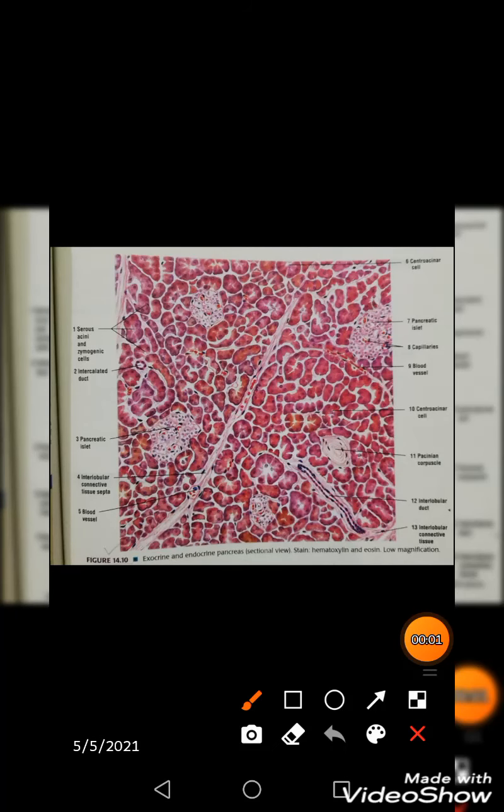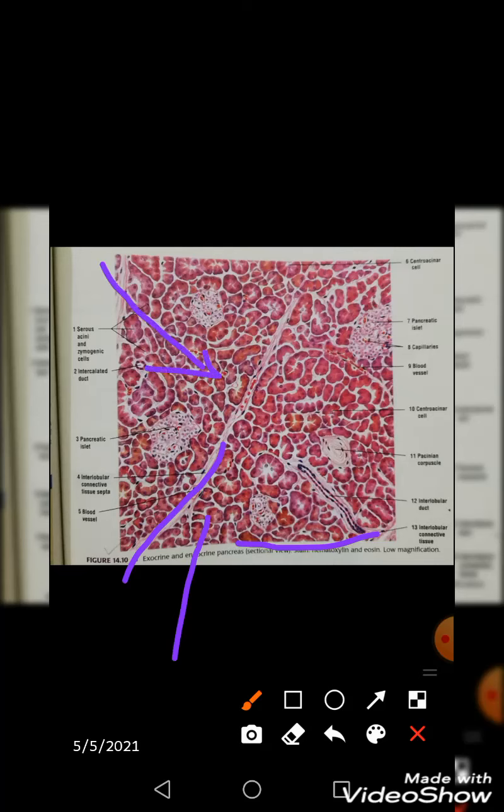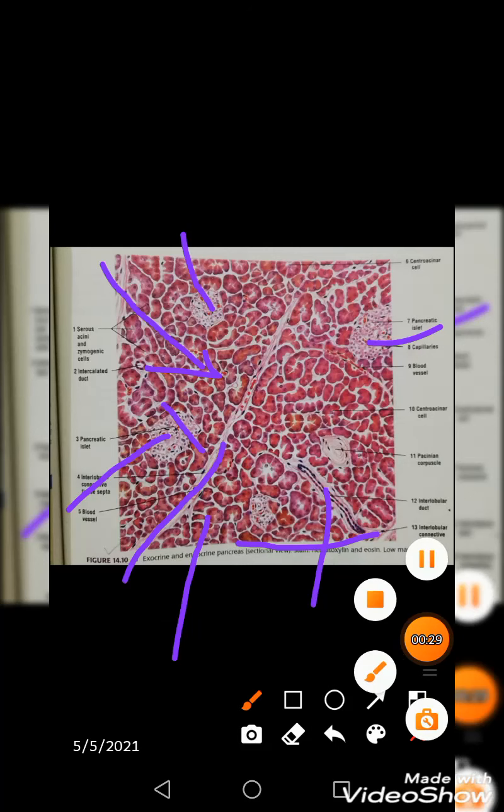Now you can see the histological view of the pancreas, the connective tissue which is thin, sending septa into the center to make it into lobules of the pancreas, and the darker areas all around are pancreatic acini, and the lighter stained areas, of course, are the islets of Langerhans. You can see various ducts running in the septa. You can see various blood vessels in the septa, right.